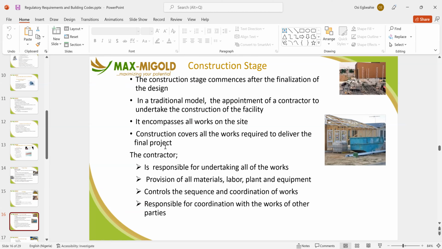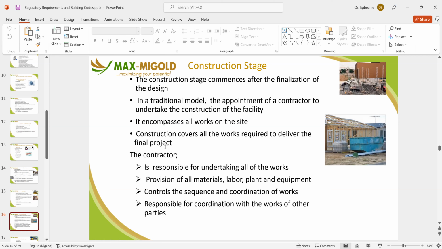There's some places that will tell you you will do labor only contract. You construct all the things that you need to construct, but they will supply the materials. That's just a twist into that. But whichever one, you ensure that you pick the right contractor to be able to do the job.